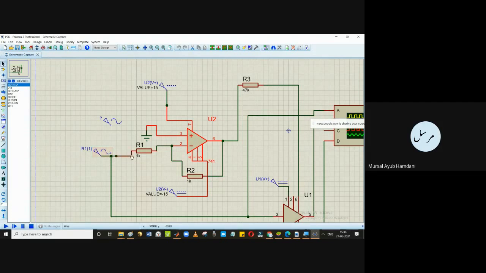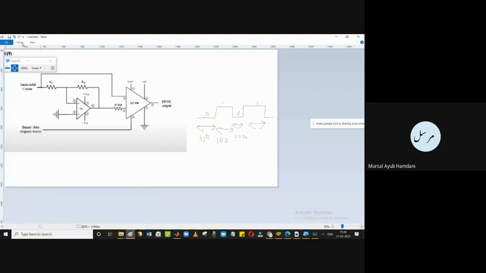This type of biasing gives us an output of RF divided by R1 into V input. If these two values are the same and it is the minus value, it gives minus RF.